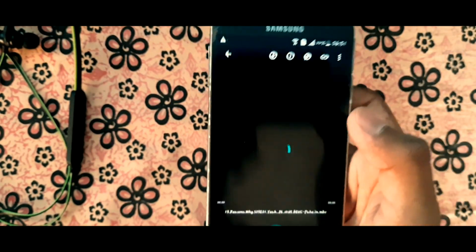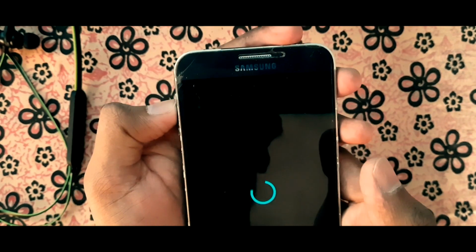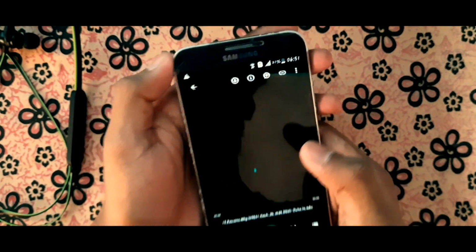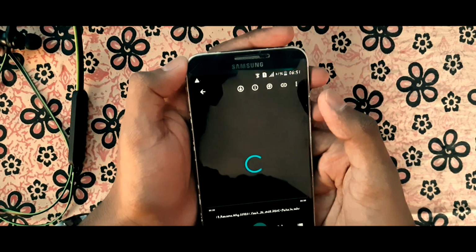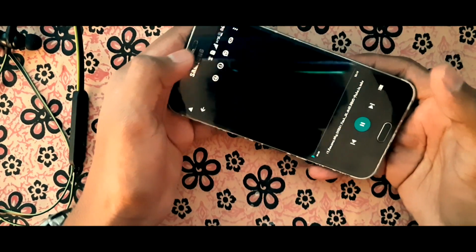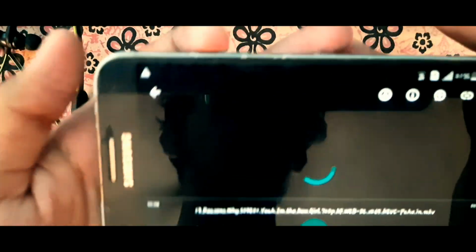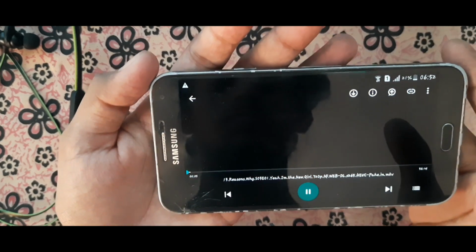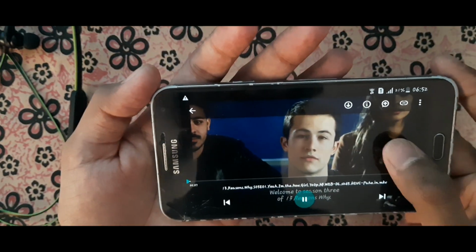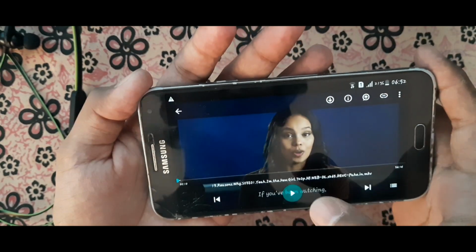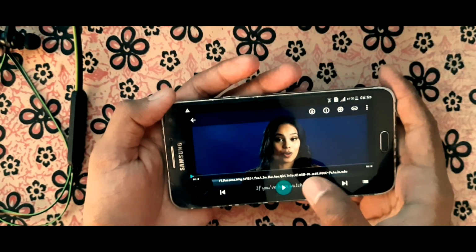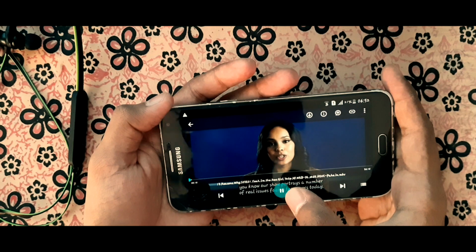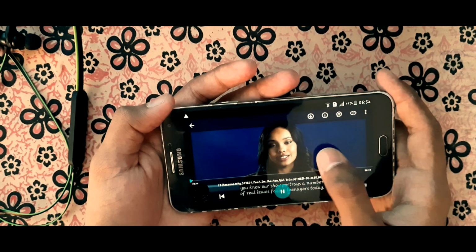It is in HD quality and you can stream in Mega. No worries guys. It has amazing download speeds and streaming speed. You won't see any buffering even if you have a normal internet connection. There it is. You will also get subtitles. I cannot play the whole video because I will get a copyright strike.